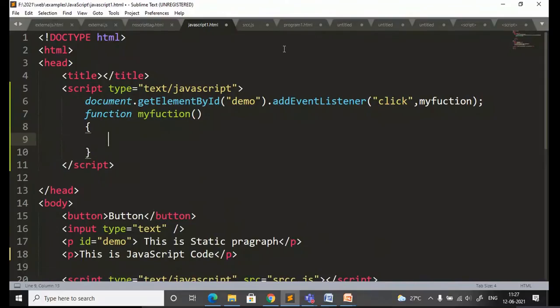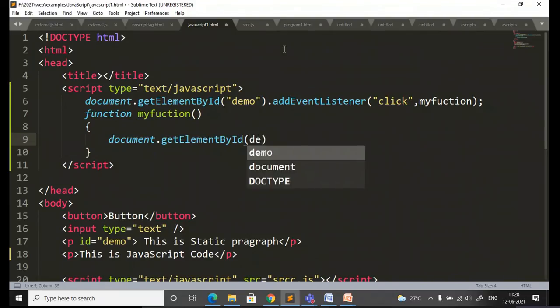In myFunction, I'll try to modify some style of that particular element. You can add any logic in the function. So document dot getElementById. What name have I given? It is demo, so it should be in double quotes.